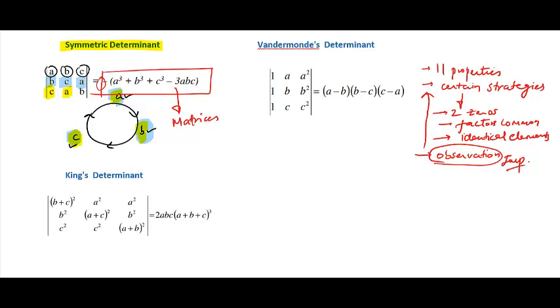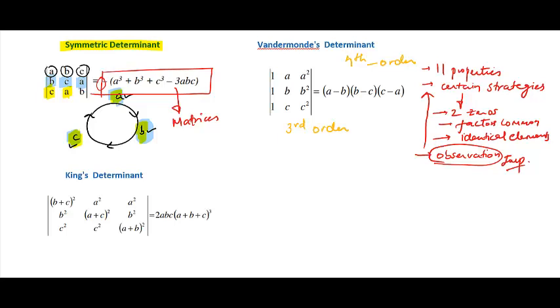Then the next one is called Vandermonde's determinant. Vandermonde determinant is again, I have written it in third order, but a standard Vandermonde determinant comes for the nth order. This is defined for nth order. लेकिन IIT syllabus में we have only third order determinants and second order determinants. So we are only confined to the third order Vandermonde determinant, which is 1 a a square, 1 b b square, 1 c c